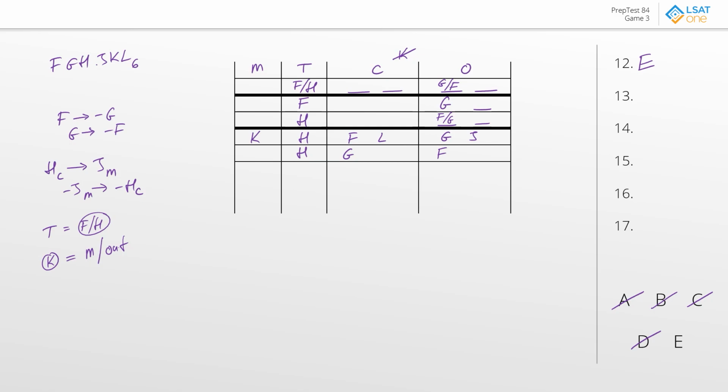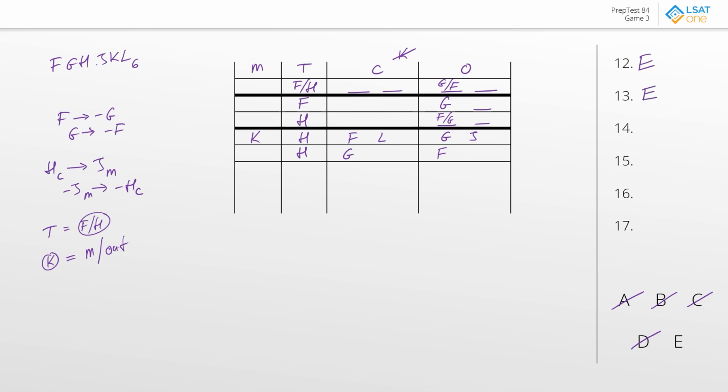The question itself asks, which of the following now must be true? Well, let's take a look. A, J is the other nominee. Well, we don't necessarily know that. B, L is the other nominee for councillor. Same thing, we don't know where L goes at the moment. C, K is the nominee for mayor. It could be, but we don't necessarily know that. D, F is the nominee for treasurer. That's actually false because currently F is out. E, H is the nominee for treasurer, which he absolutely is. Best answer choice to question number 13 then is E.